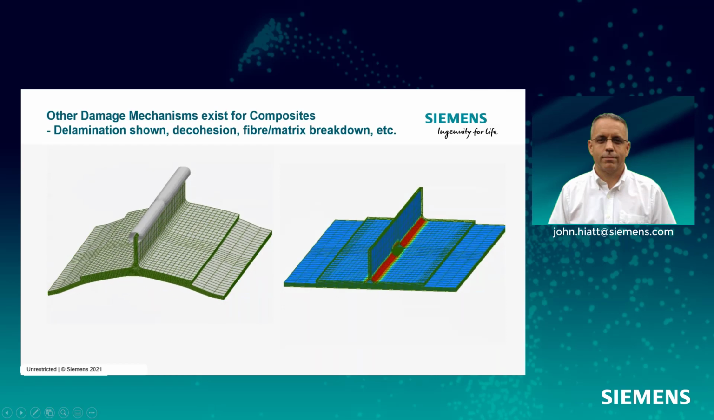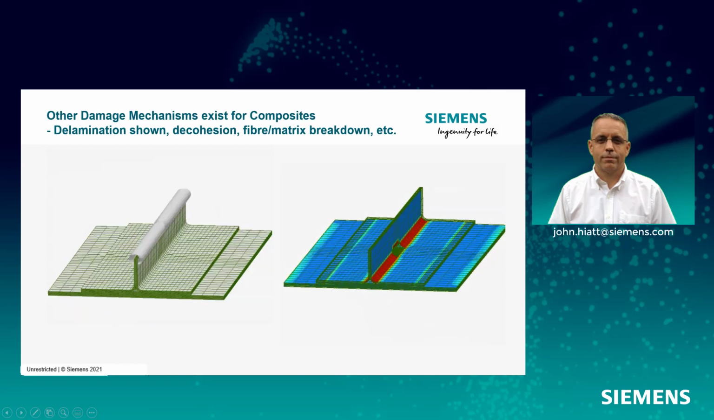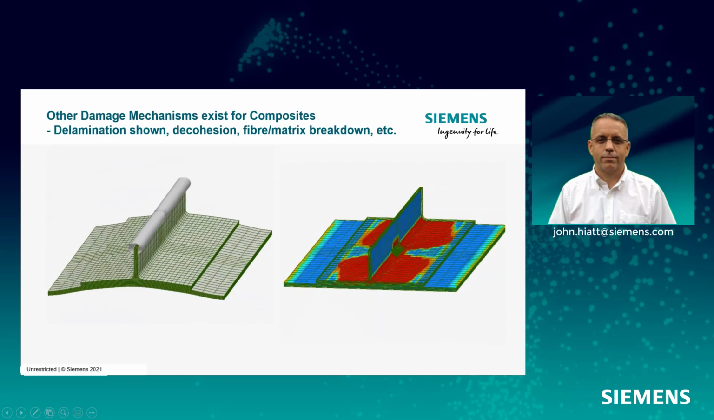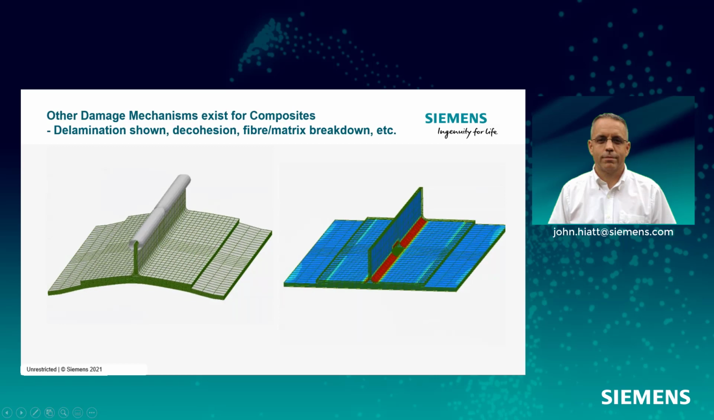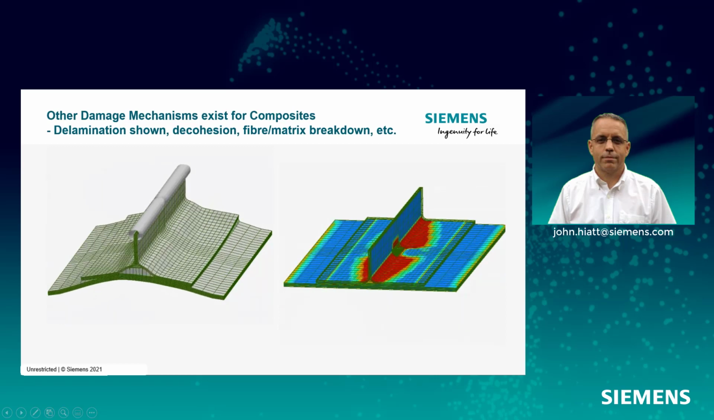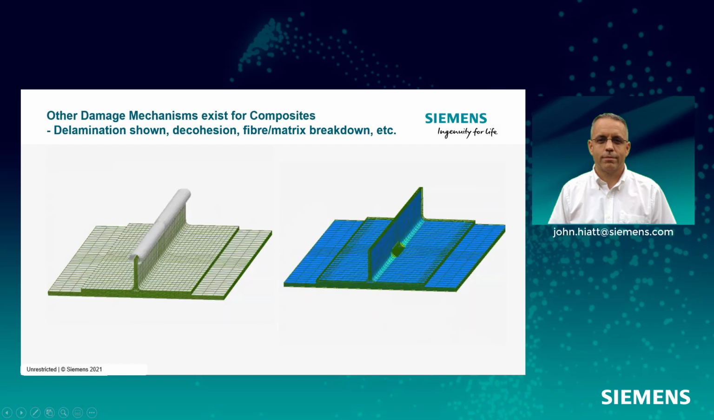Composites. Composites don't necessarily have a crack in them. They become delaminated. They lose their load carrying capacity. From a test standpoint, we do a lot of the same things. From a simulation standpoint, it's quite a bit different because